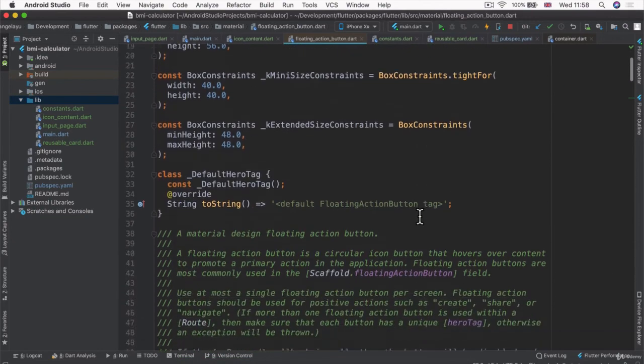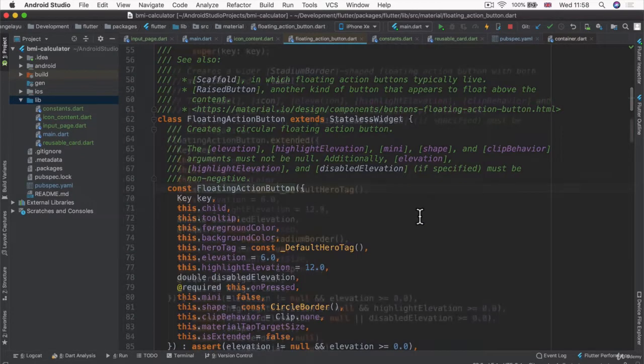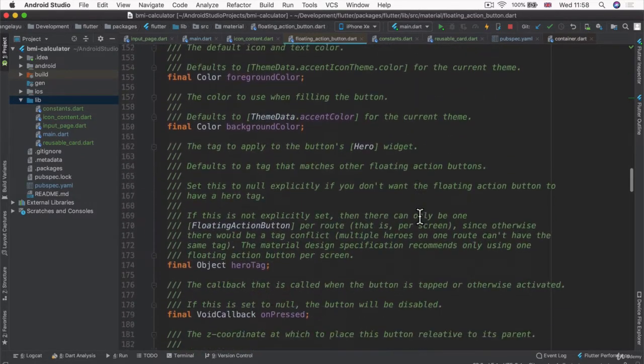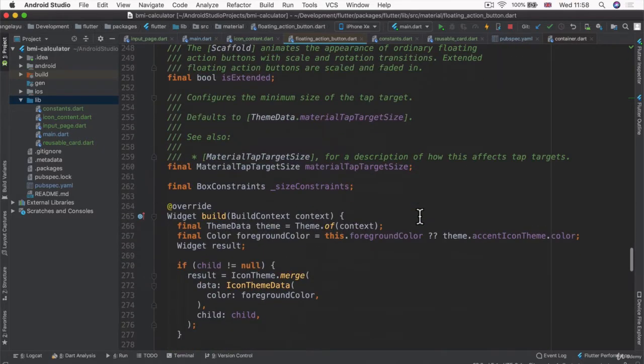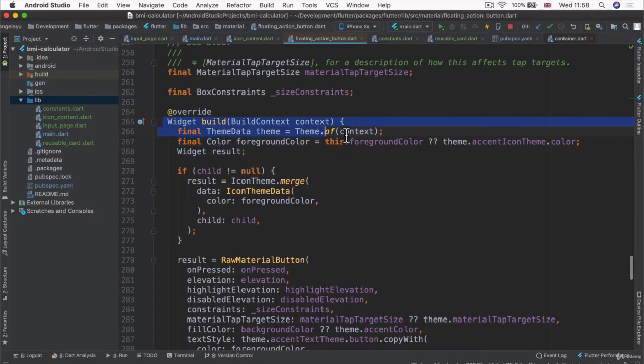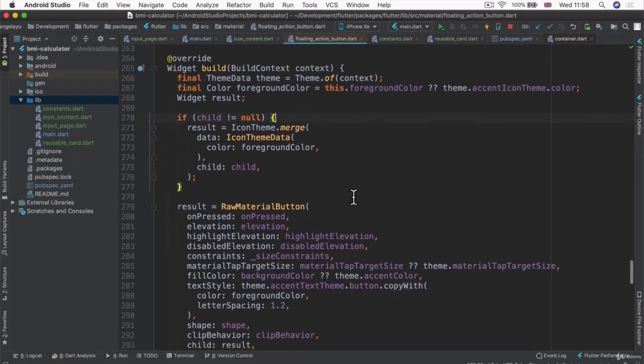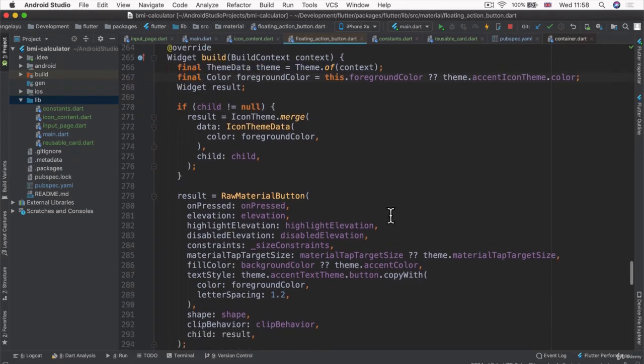And in this file is all the code that's required to create a floating action button. So if we search for its main build method, we can see how this thing is built. So here we go. Here's our build method for our floating action button, and it copies over the theme data from the main app theme, and it sets the foreground color or an accent theme,